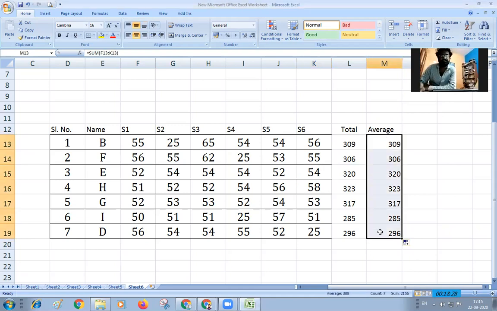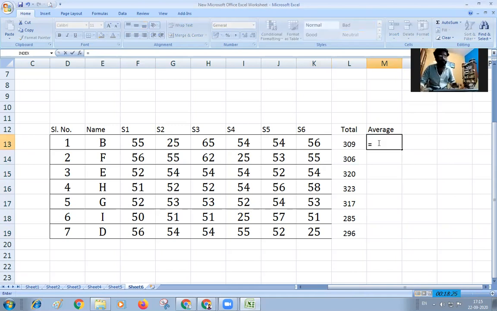And next, coming to the average function. Click on equal sign for every function.